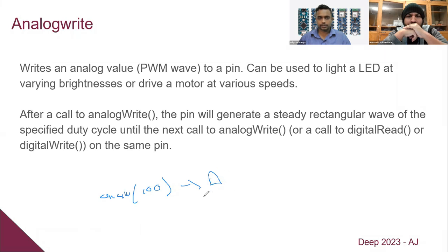I think we will better explain this in the practical session, right? Yeah, I think it will be easy. If you write 127, it will turn on 50% of the LED. If you write 255, it will give you 100% of the brightness. So you can dim the LED with analogWrite. Also, you can control the speed of the